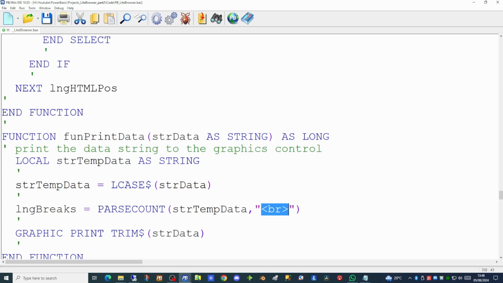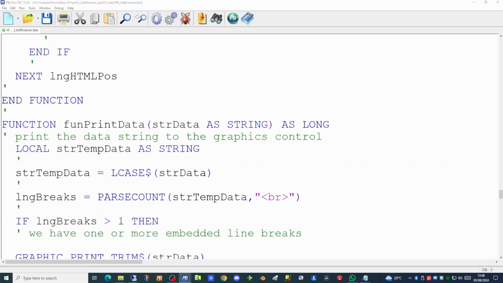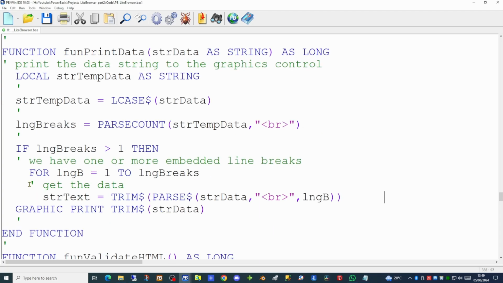If there are no tags at all, parse count will return 1. If there is 1 tag, parse count will return 2. So we'll need to test to see if the breaks variable is greater than 1. And if that's the case, we'll need to do a for next loop to pull out the information between these tags. And we can populate a local variable called text using the parse command, trimming it and looking for the